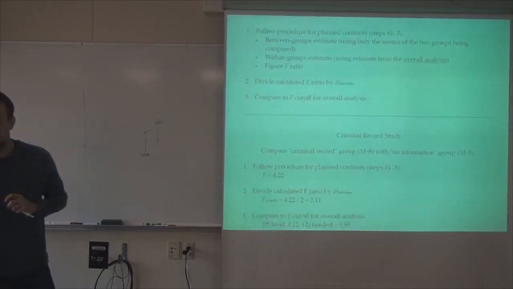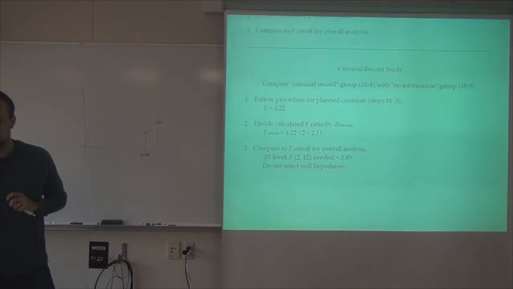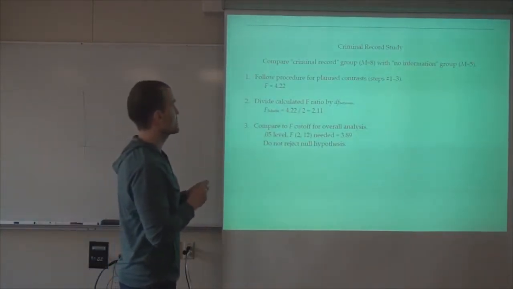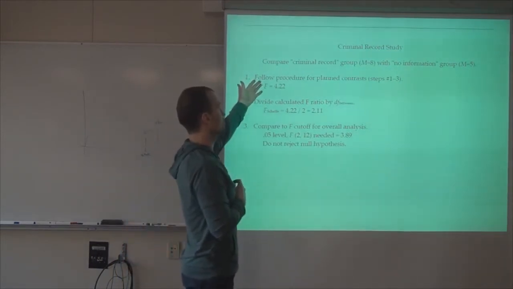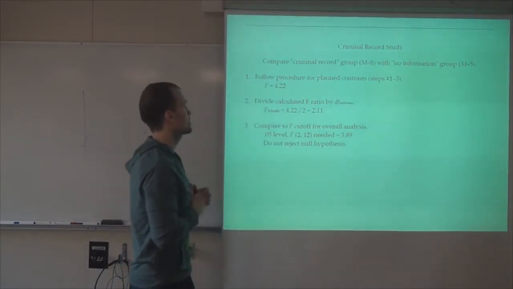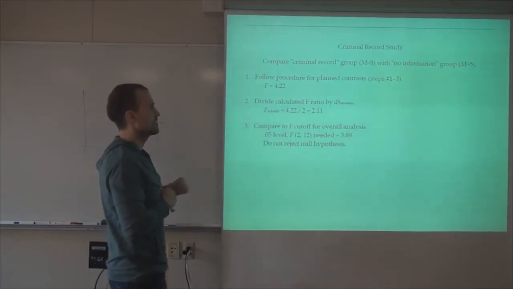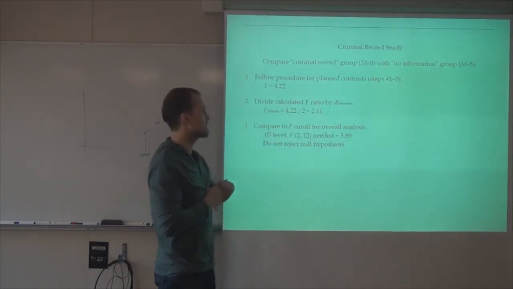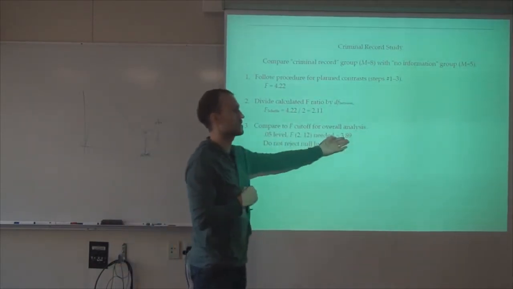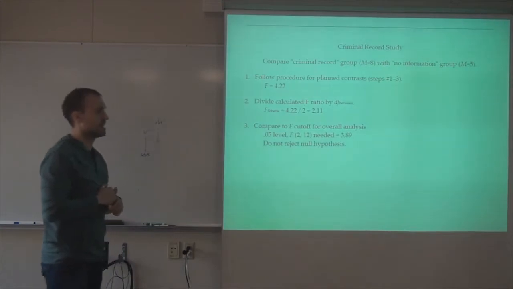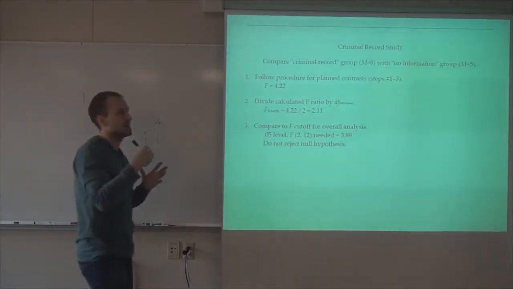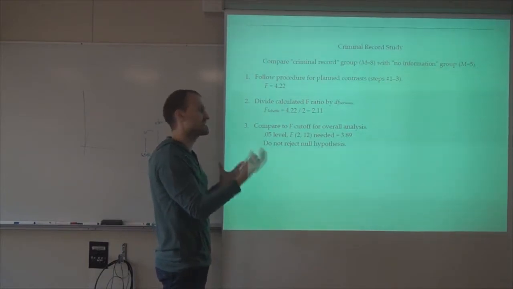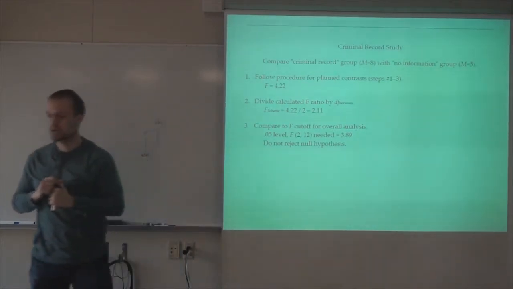Different approach to try and not have the type 1 error blow up on me. So if I look at the criminal record check, I follow the procedures before, and I get an F of 4.22. If I divide that by the degrees of freedom between, I get a smaller F, and I'm not going to reject it when I compare it to my cutoff value. So I'm less likely to reject. I'm not going to reject it as easily, so I'm not going to make a type 1 error